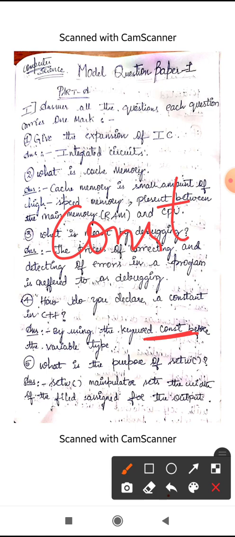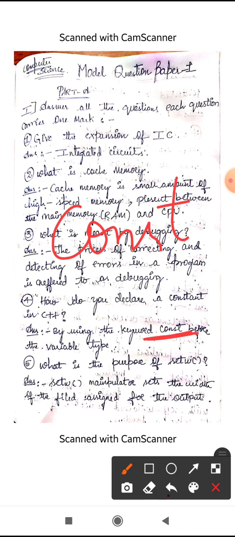Constant is a programming element which doesn't change during the execution of the program. The value of the constant remains the same throughout the execution of the program. I think you have understood what a constant is and how to declare it. Constants are always declared using the const keyword.